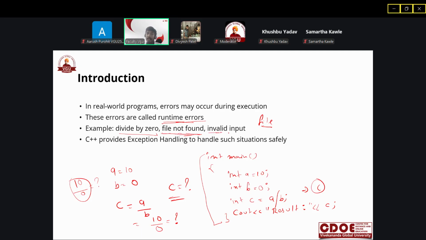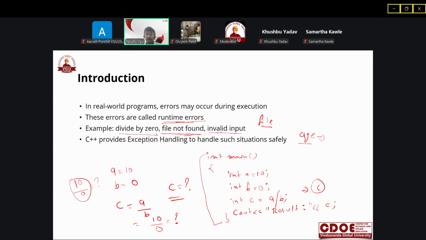Another is invalid input. Whenever you ask for input from the user and the user gives invalid input, it will give a logical error. Say you are writing a program to fill a form, and in that form you ask for the age. At compile time, the syntax and everything is correct.